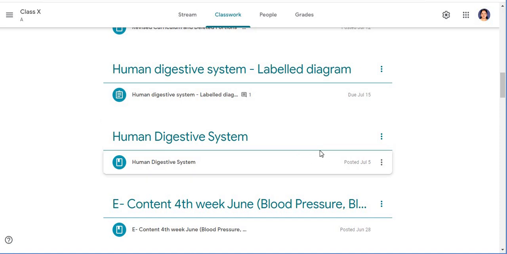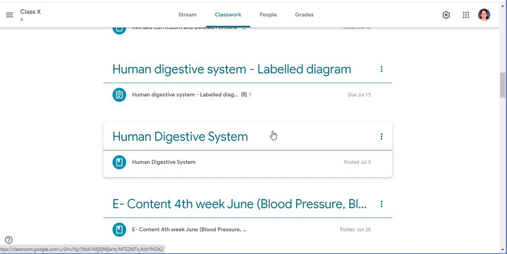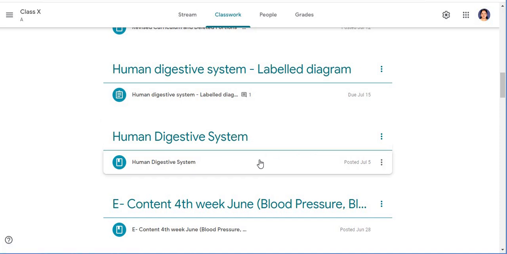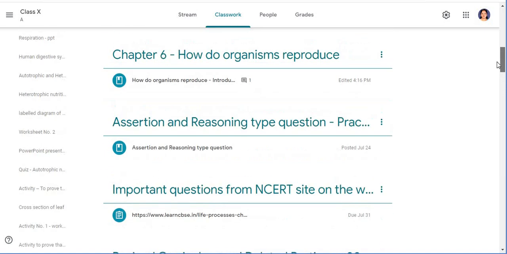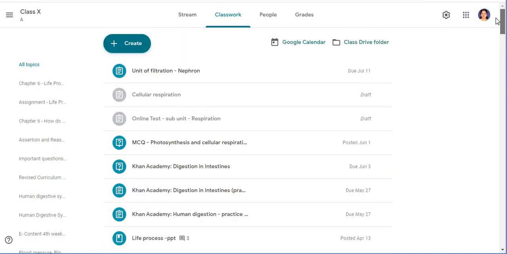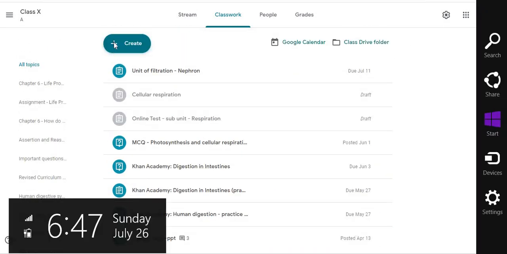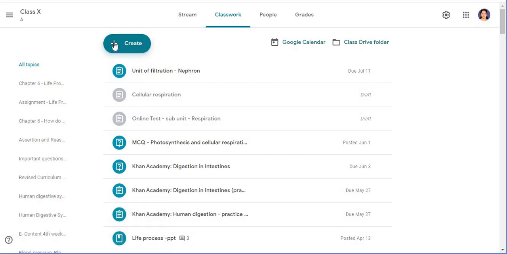You have a main heading and below that the content that you have posted. To identify the content as material, you look for this icon. These are all the materials. To make that known, I'm going back into our Create button. Once you press the Create button,